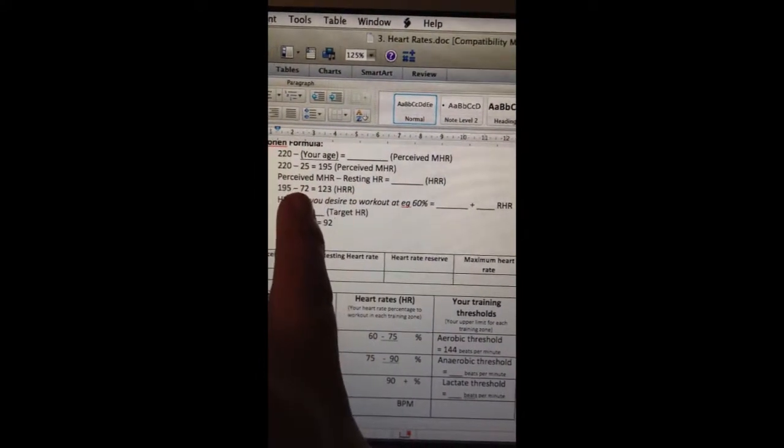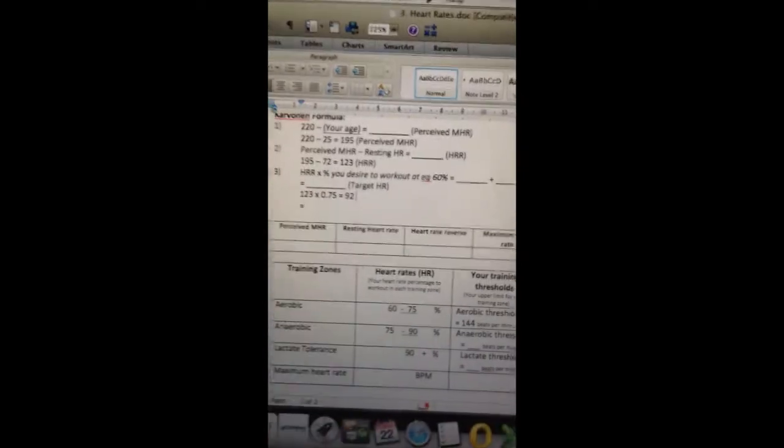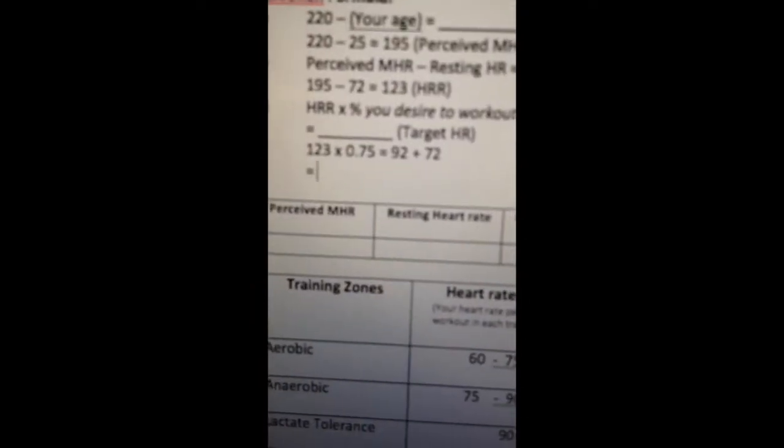My RHR is 72 because that is my resting heart rate. So I'm going to add 92 plus 72. This is going to be my target heart rate for anaerobic training. So 92 plus 72 is